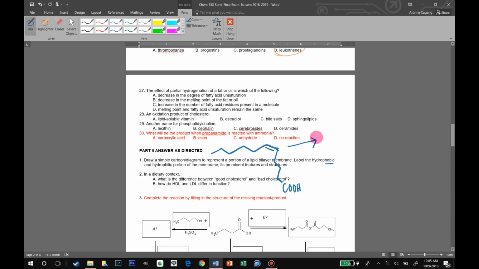If you subject this fatty acid to hydrogenation, H2 with a metal catalyst, as is usually the case, it's going to result in a